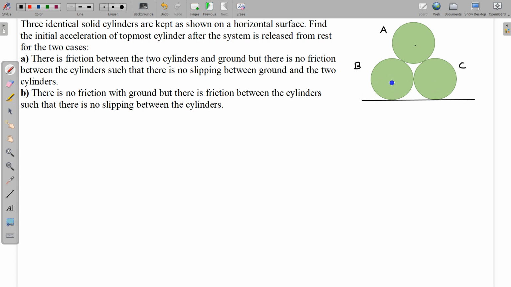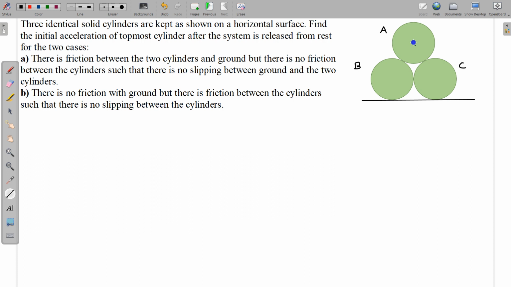And in absence of friction, this B obviously will move towards left. So this has a tendency of moving towards left. So friction is towards right, and on this friction will be towards left. So let us make the free body diagram. So in the free body diagram,